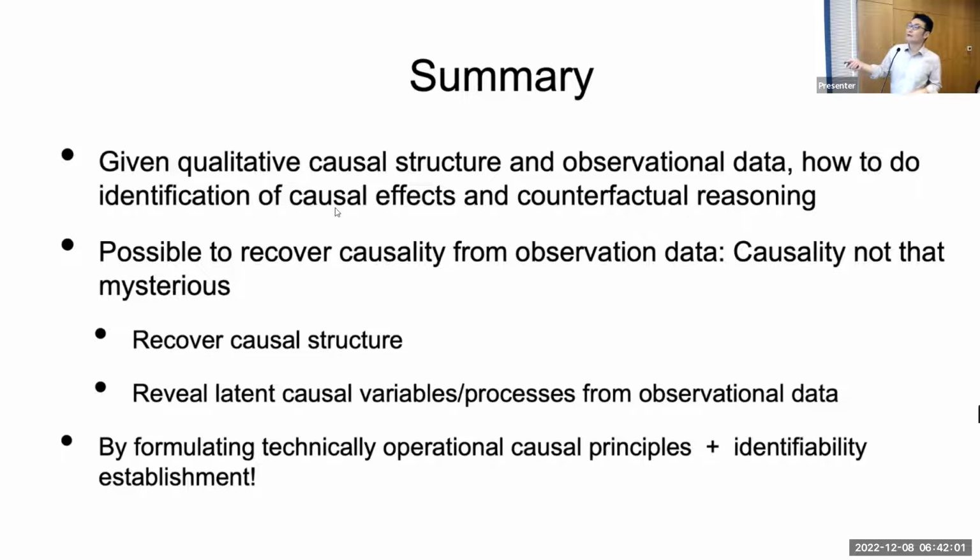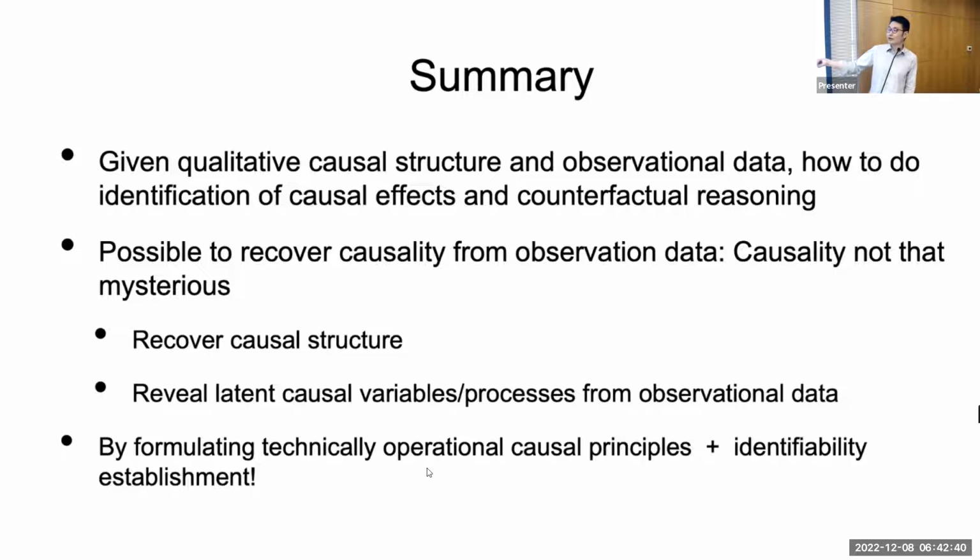And then I would like to emphasize that it is completely possible to recover causality from data. Recent advances have given a lot of examples. In some cases, you may want to recover just a causal structure over the measured variables. It's simpler. In some situations, you may even want to recover the latent variables, latent confounders, from observational data. If you have multiple distributions or temporal data, then this is much easier to do. If you have IID data, generally speaking, you have to assume something about the causal mechanism, or you have to enforce some very strong sparsity constraint.